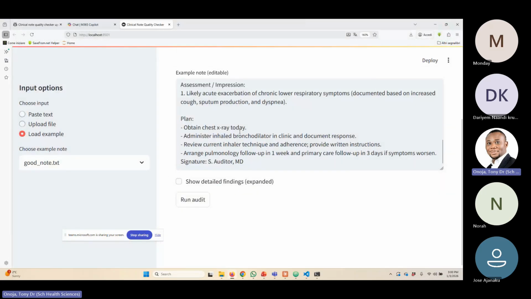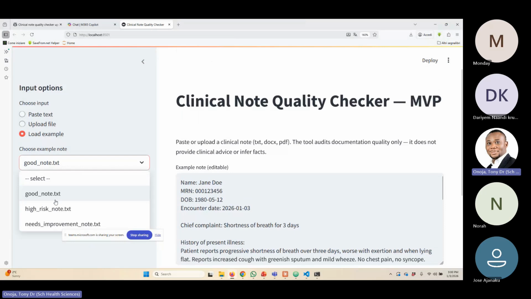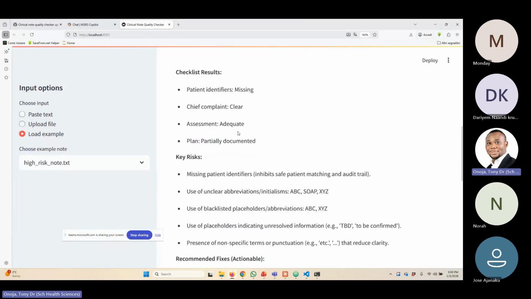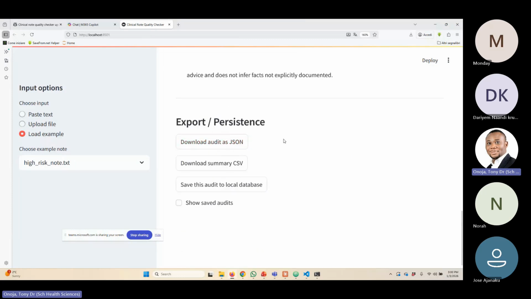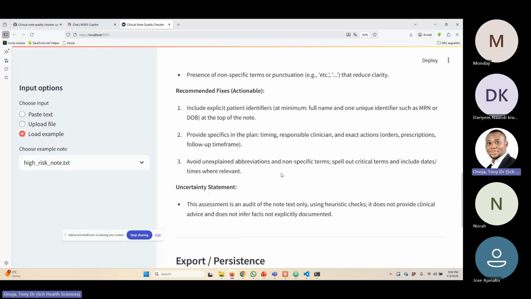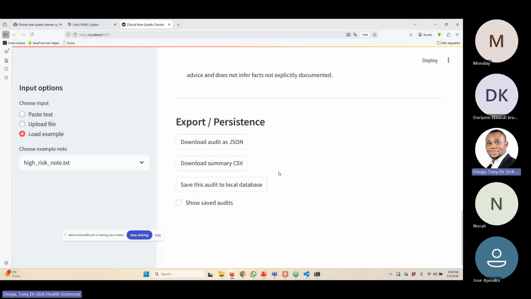Now, if you do the bad high risk example like we did before, of course, it will still be the same thing. You see, it's still the same stuff that it gives us. So it recommended fixes. So by the time you have something like this